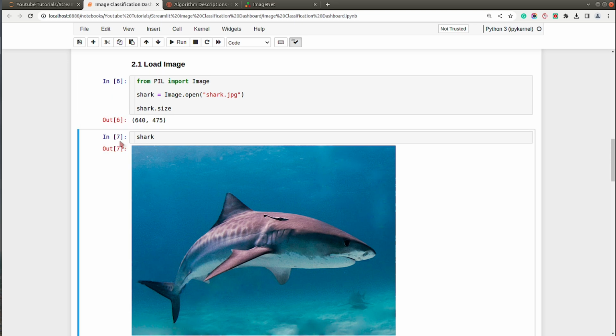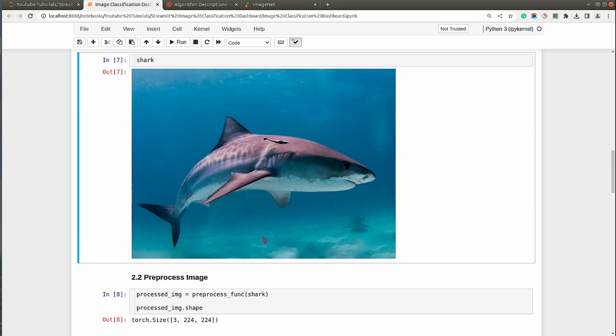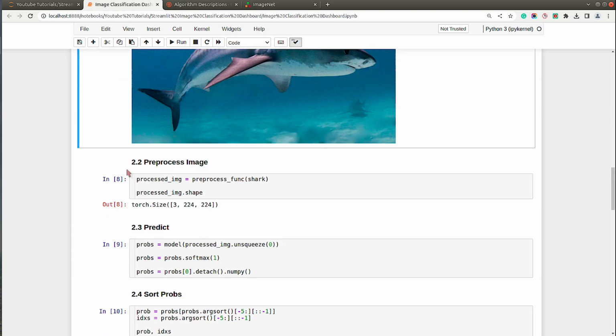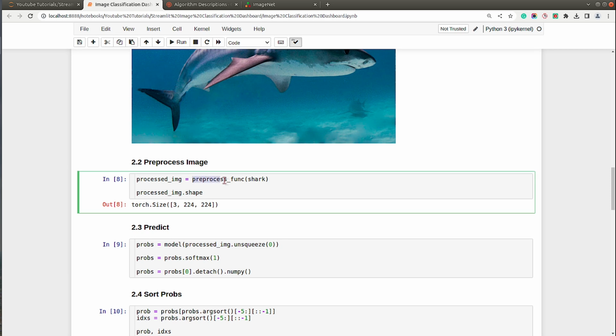As you can see, after loading the image, I have printed the size of the image, which is 640 pixels by 475 pixels, and then I have displayed it. So this is how our image looks like. After loading the image, I have pre-processed the image. So pre-process funcs of shark. Shark is a PIL object, and then the output of this pre-processing is a 3 by 224 by 224 pixel